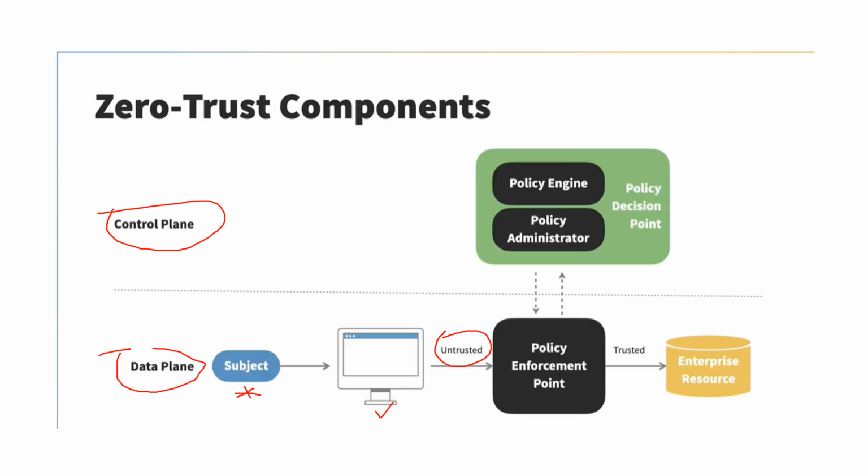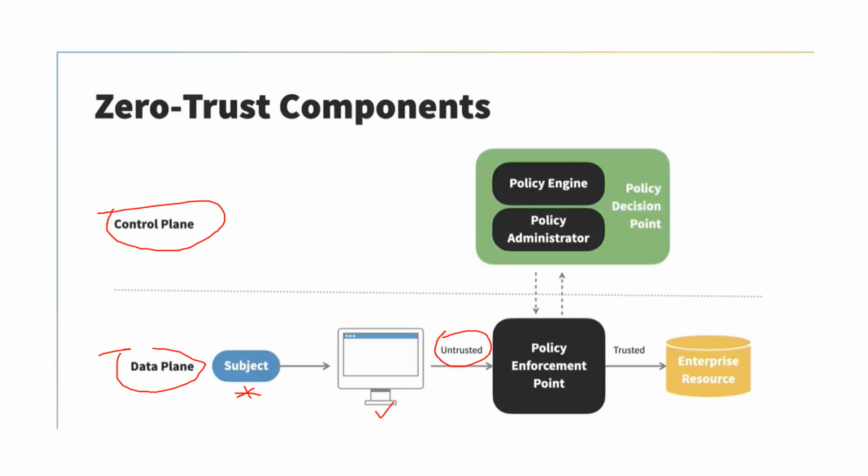At this point, the control plane needs to make a decision to see whether this identity, whether it is this individual and this device, are actually real, if they are authentic, if they actually are who they are saying that they are. So the control plane needs to make some decisions, right? And then the data plane will do the enforcement of those points. So basically they work together.